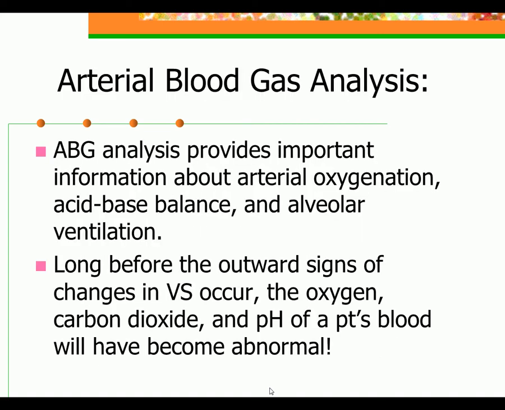All right, arterial blood gas analysis. ABG analysis provides important information about arterial oxygenation, acid-base balance, and alveolar ventilation. Long before outward signs of changes in vital signs occur, your oxygen, carbon dioxide, and pH blood levels will become abnormal. Yes, the oxygen does not signify acid-base imbalance, but it tells you you're getting in trouble and that